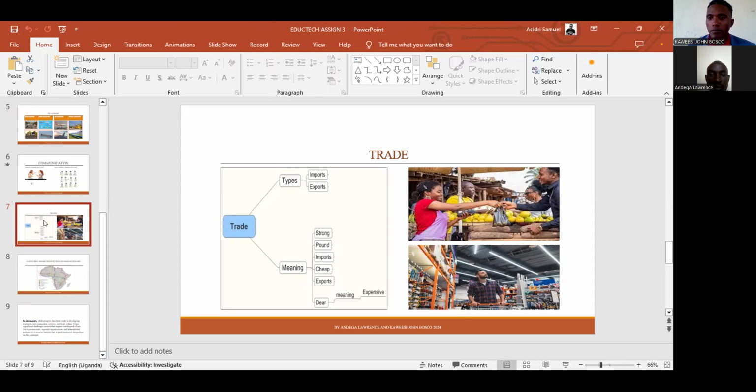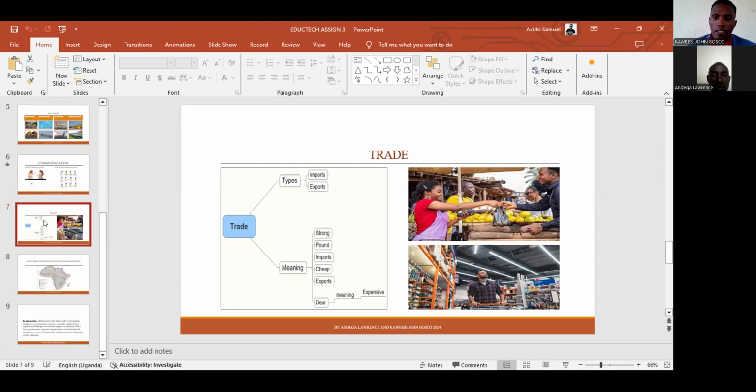So that is what I see. But coming to the definition of trade, as we have seen in picture one, there is a woman with a red shirt trying to sell to the man with the black shirt. That means there is a buyer and seller. So I can define trade as buying and selling of commodities like mangoes, any commodity that can be sold and human beings can use for their consumption. To me, it is trade. So it involves buying and selling.